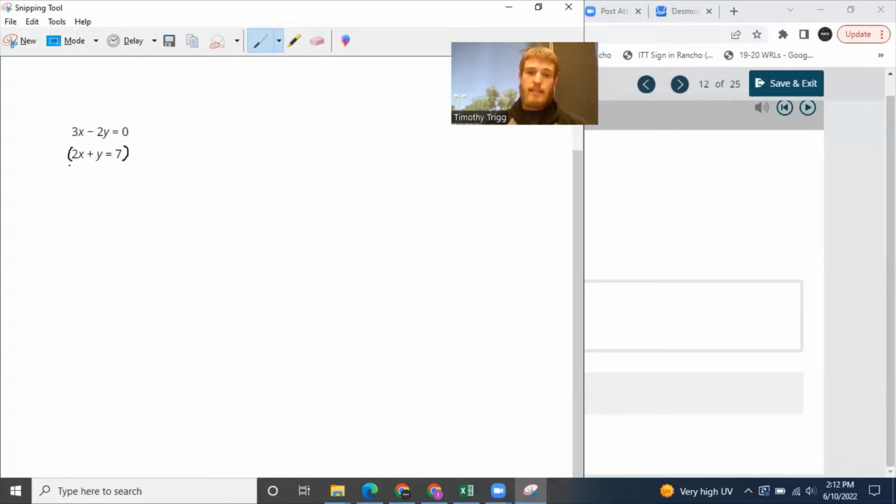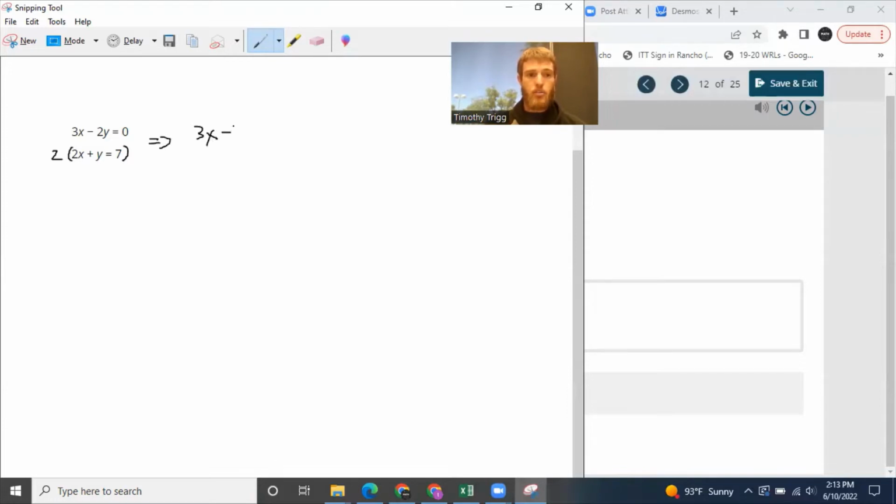In this case, it's easiest to eliminate the y's. For the top equation, I notice it has negative 2y. Now, if I make positive 2y in the bottom equation, then that would eliminate, you see. So I'm going to multiply this bottom equation by 2. So what happens? Well, my top equation doesn't change. So it's still